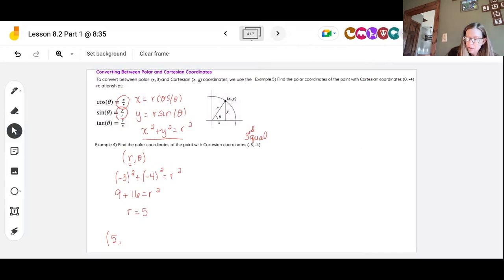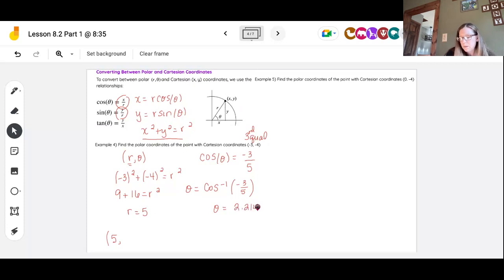So I know that cosine of theta is equal to my x value over what we just found, our r value of 5. Well, -3/5 is not on our unit circle, so I need to evaluate that. So if I want to find theta, I want to find the inverse cosine of -3/5 on our calculator in radian mode. And I'll get theta is equal to